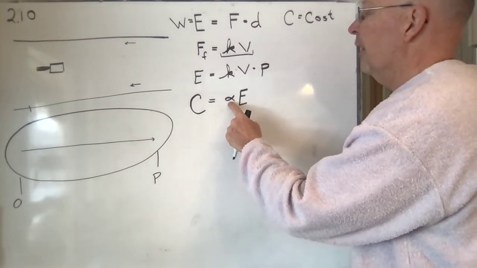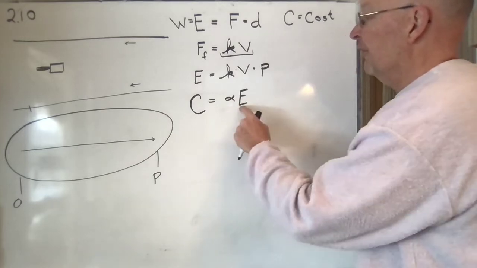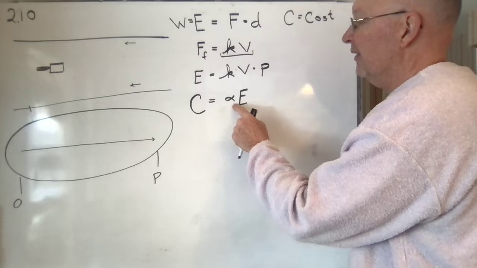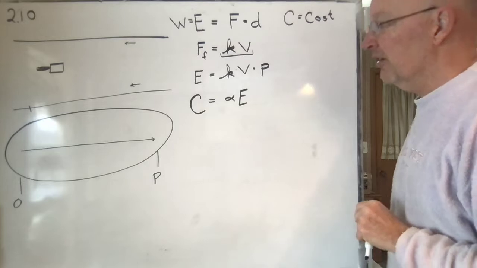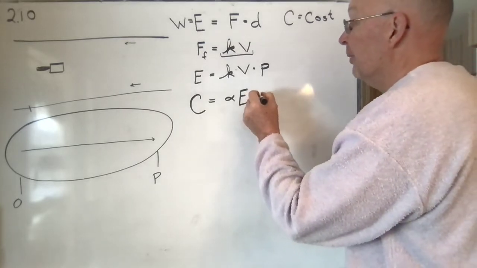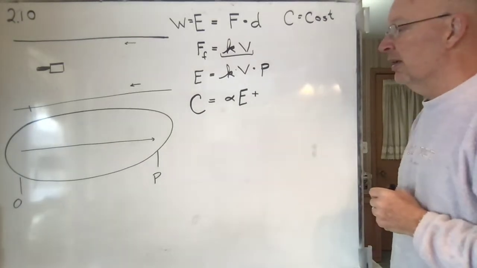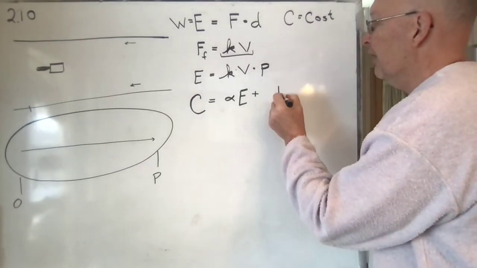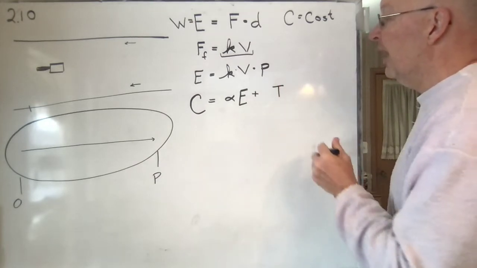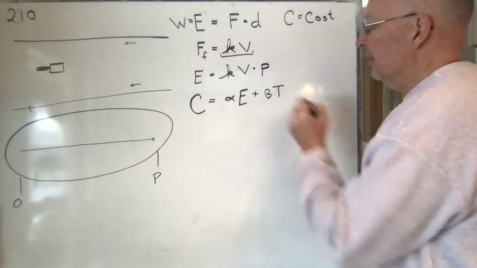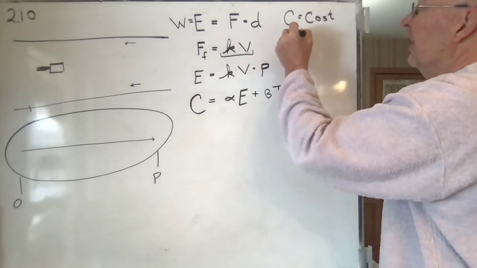So what's alpha going to depend on? The cost of the fuel, how efficient your engines are, things like that. That's all going to determine how much the cost of the energy is. And then the other thing that you're having to spend money on if you own this company is you're paying the employees, right? You have maybe a couple people on board there, or at least one. And you're interested in that person's time, and you're going to have to pay for that person's time. And so beta, T stands for time,